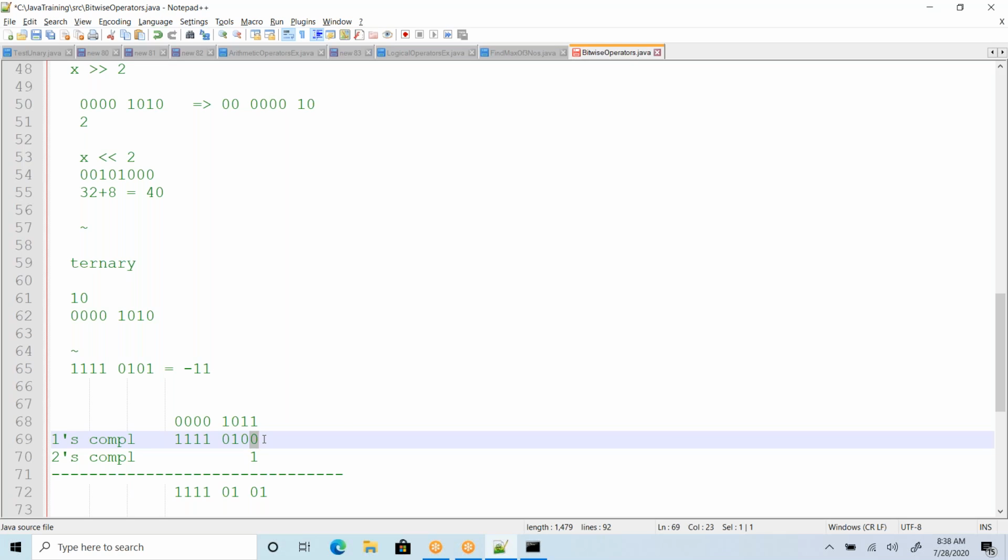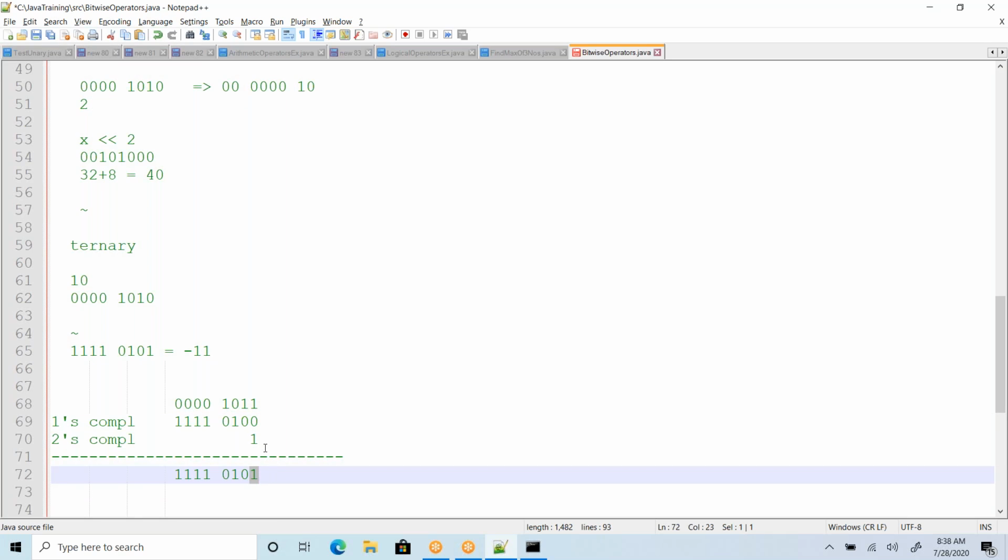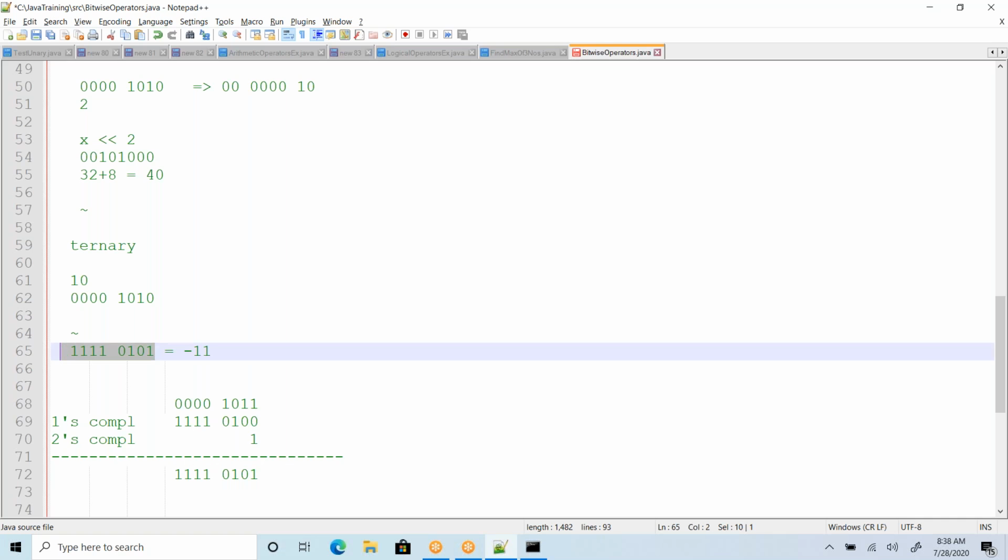If in that case you had a bit 1 here, then 1 with 1 would give you a carry forward, which is a different way of calculating it. But here we have a 0, so 0 plus 1 is 1, and there are no carry forward things, so all remaining bits come as they are. If you look at this value and this value, both are the same.